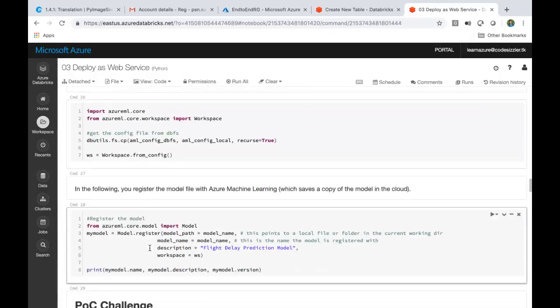I'll tell you this. We'll go into deeper concepts like model.register. We'll give the model name for it, and the model name again here. This is the default name. This is the name you want to give it, and this is the description. This is the workspace where you want to define it.